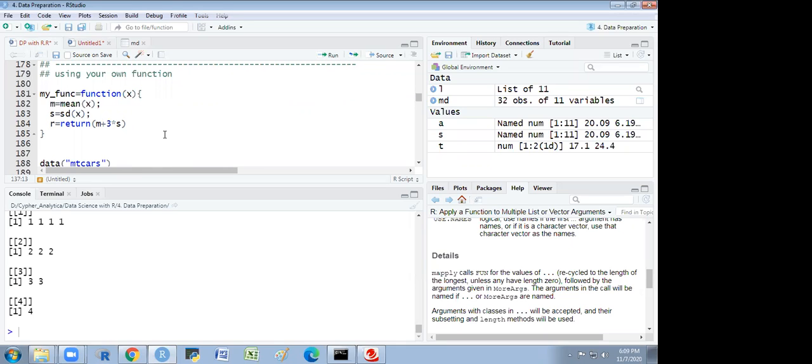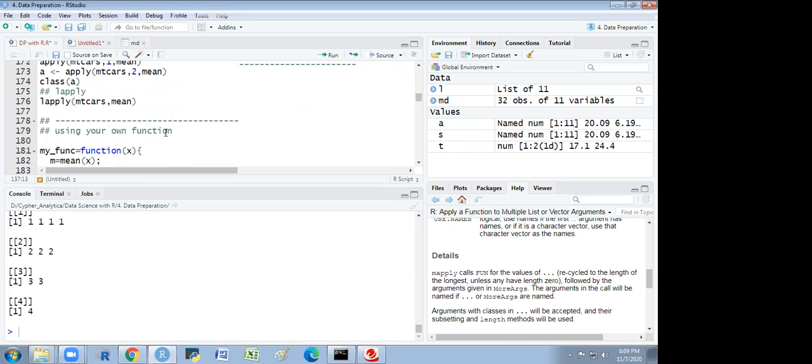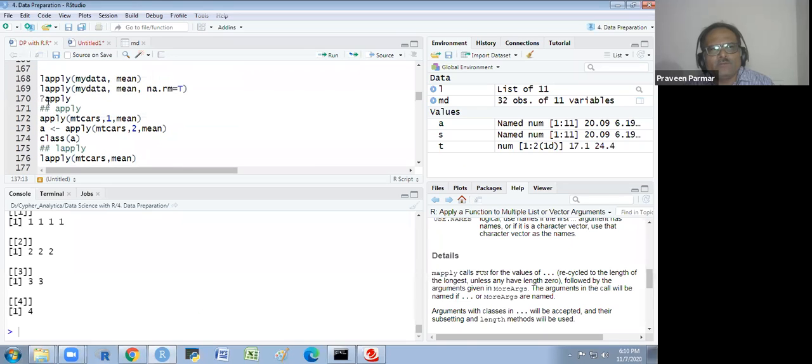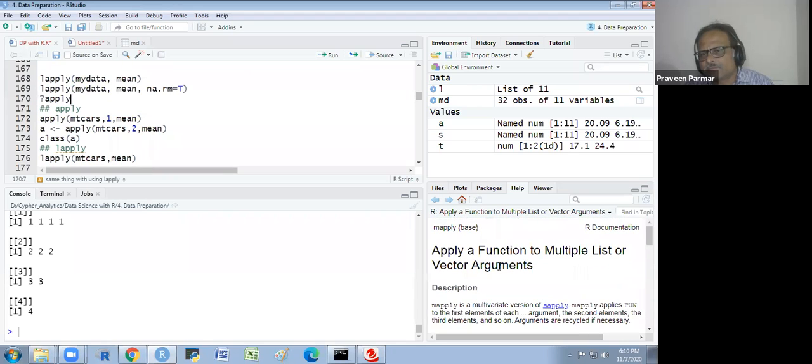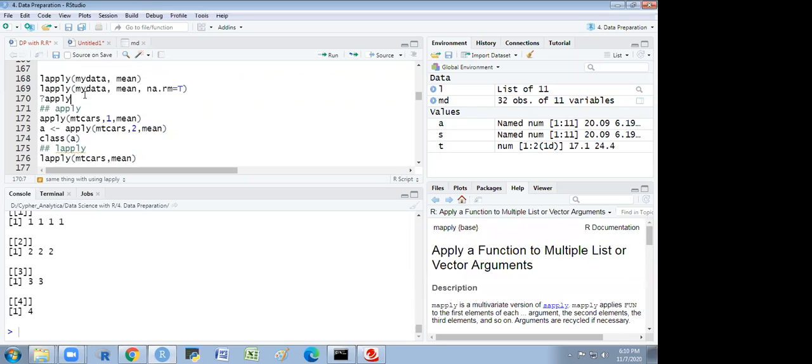Sir, you added a question mark before mapply. What does that mean? If you want to know the syntax of any function, you just put a question mark, then write that function, and you will get the details here. So first put the question mark, then write the function name, then run it. Why do we have to put 2 question marks?